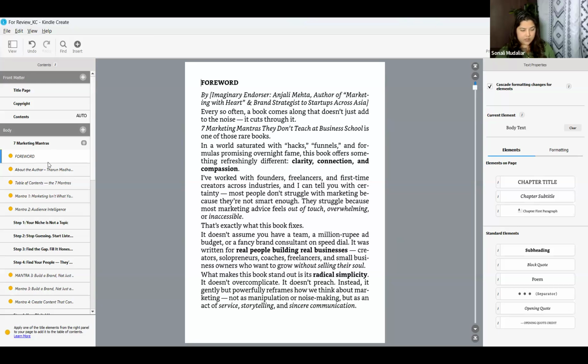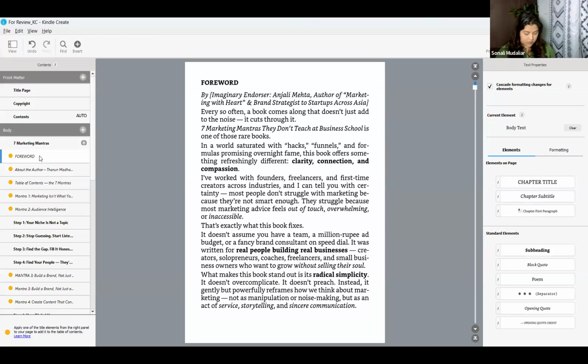Second, let me see if I can click it. Somehow I'm not able to click it. It's not giving me a pop-up. I don't know why. Give me 1 second. I might need a mouse for it.